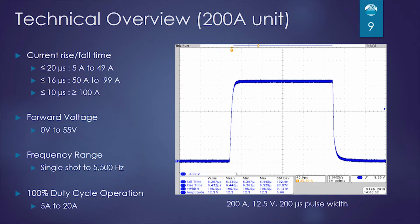Let's first cover the 200 amp unit. We've optimized the rise and fall times for full scale current, about 50% maximum current to 100% maximum current of the unit. You'll notice that we have faster rise times as we increase the current. From 5 amps to 49 amps on this module, we have less than 20 microsecond rise and fall. At 50 amps to 99 amps, we have less than 16 microseconds and less than 10 microseconds if we're above